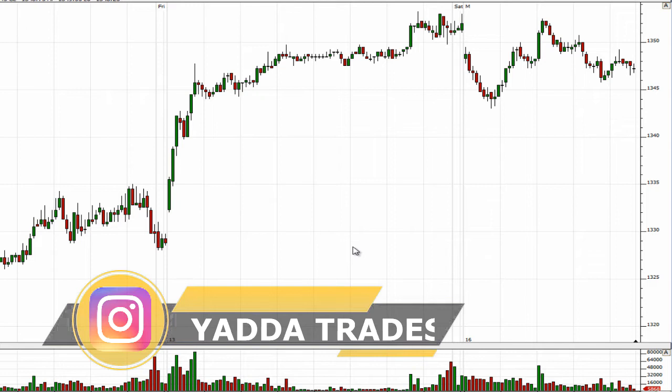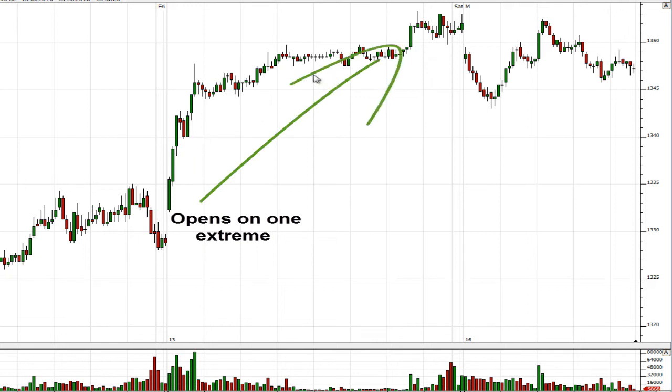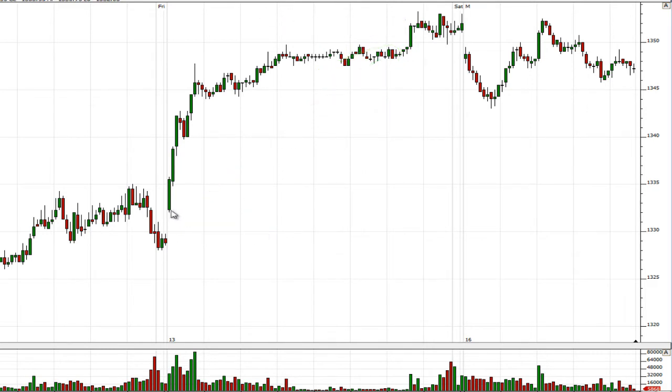And it's the day that, from just a market analysis standpoint, gives you a lot of information about who's in control of the market and potentially the kind of follow through that's going to happen in the days to come. So when we're looking at a pure trend day, the way that we define it is that a pure trend day opens on one extreme, moves directionally throughout the whole day, and closes on the other extreme. Alright, so in the case of an uptrend day, the day would open pretty much at its low,